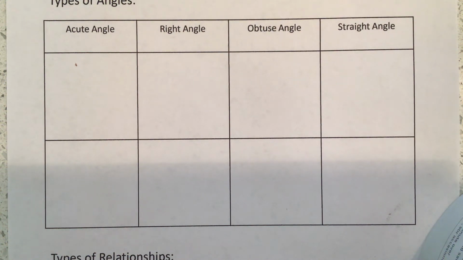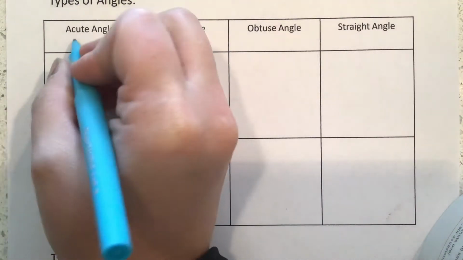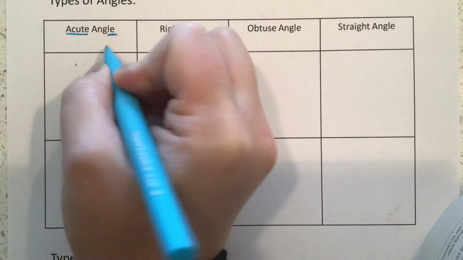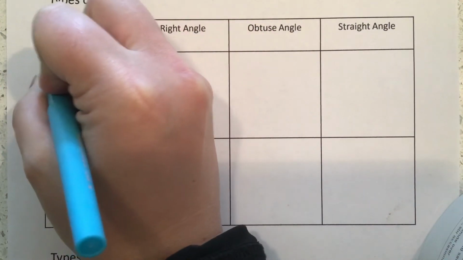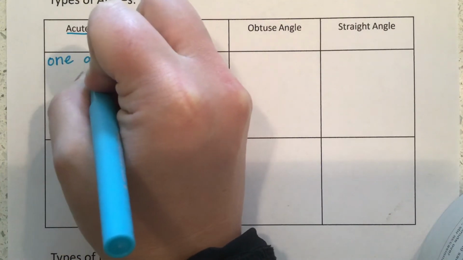All right, we're going to talk about relationships of angles. We've talked about this before in class, but I just want to refresh your memory real quick on some of these. The first type of angle is an acute angle. Notice there's not an S at the end because an acute angle is a single angle. So the definition for that is one angle